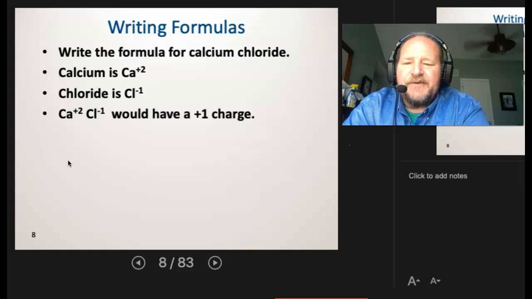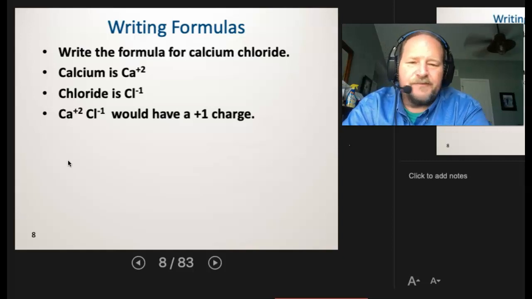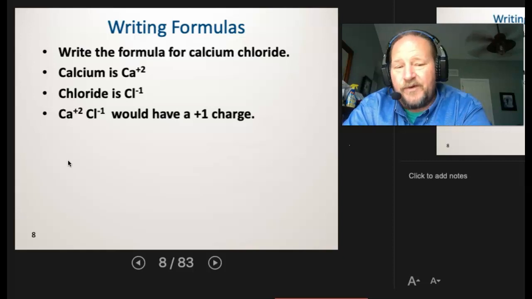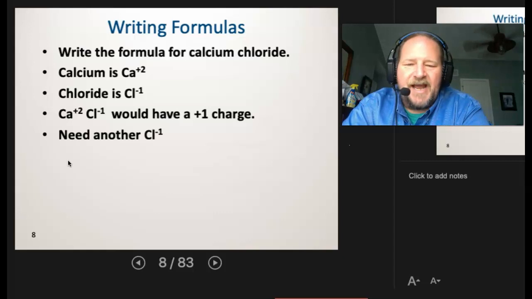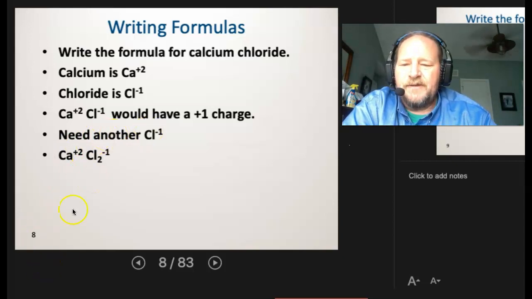Now if I simply add those together, then I have a plus 1 charge left over. So I can either add more calcium, which is plus 2, that wouldn't make any sense since I have a positive charge left over, or I can add more chlorine to then take away from that plus charge. And of course that's what I'll do. So we're going to add another chlorine to that. So if I do it mathematically, then I get 1 calcium at plus 2,